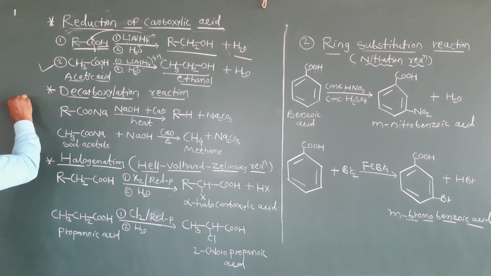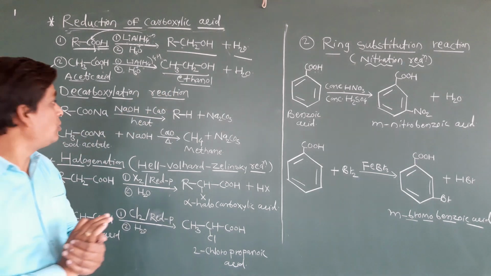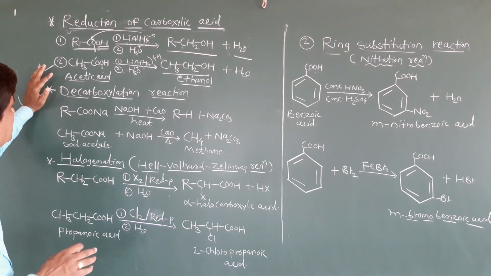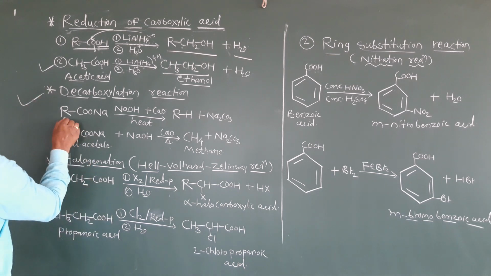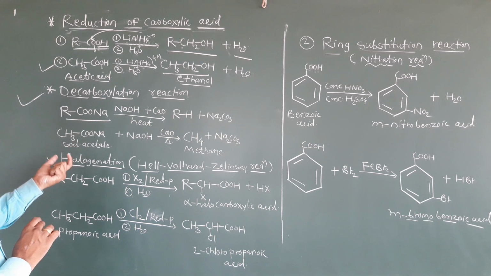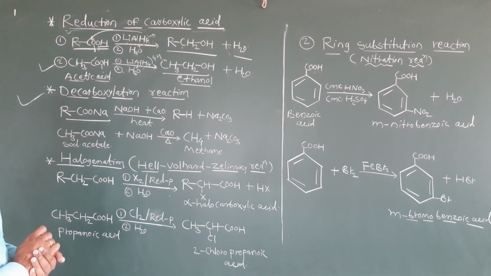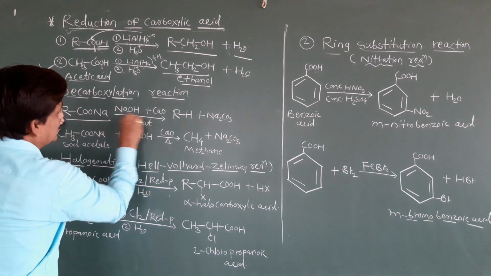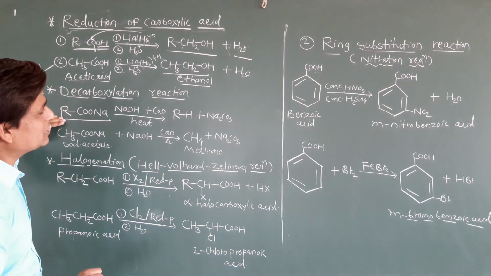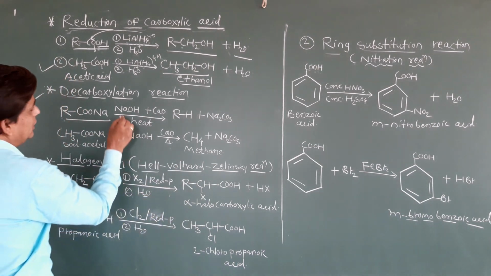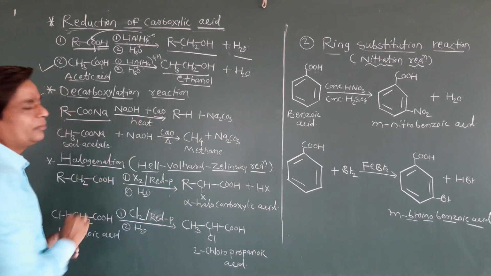See another reaction, this is a decarboxylation reaction. This is also a very important reaction. In decarboxylation reactions, just check it. I have taken sodium acetate, or we can say sodium carboxylate, because this is a general formula. When this reacts with NaOH, decarboxylation means there is a removal of the carbonate group. That is decarboxylation. Here I have taken NaOH plus CaO, that is calcium oxide.